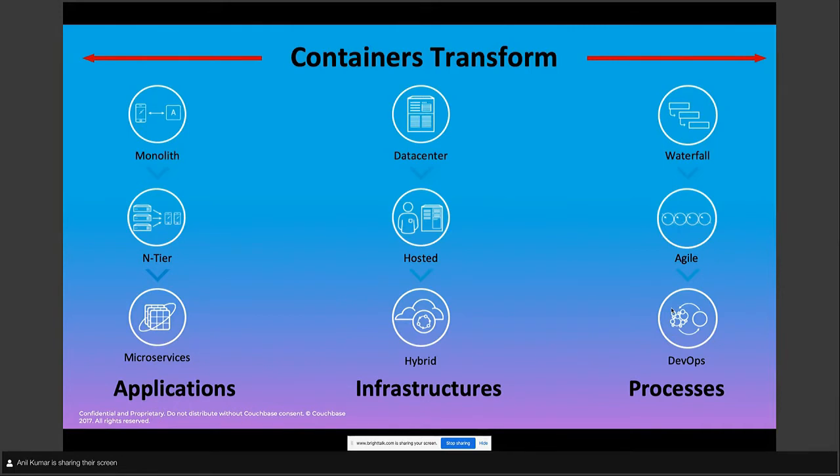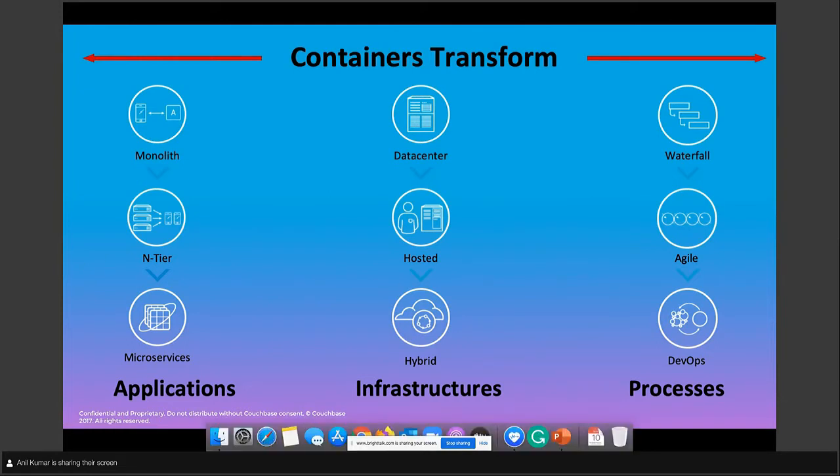You would have your own data centers with bare metal and your own VM farms. Now it is more on the hybrid cloud, where you have your own private cloud and deployments across multiple public clouds. Similarly, from a development processes perspective, it used to be waterfall, then changed to agile, and now it's all about DevOps processes.